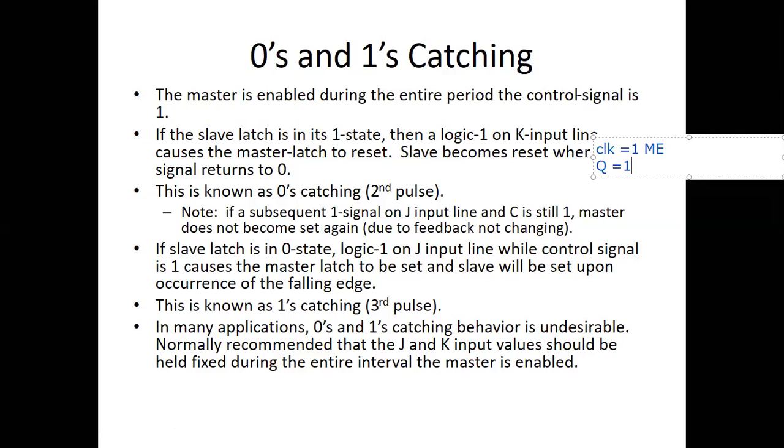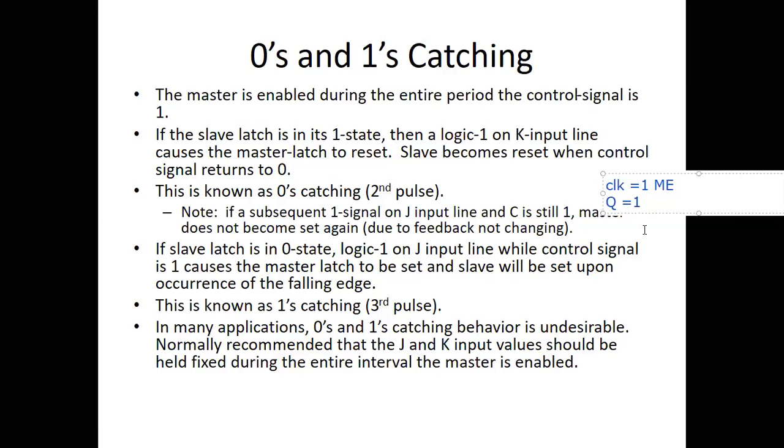Now suppose I make K is equal to 1, and let us assume that J is equal to 0. When K is equal to 1, what will happen to the output of the master since clock is equal to 1 state?